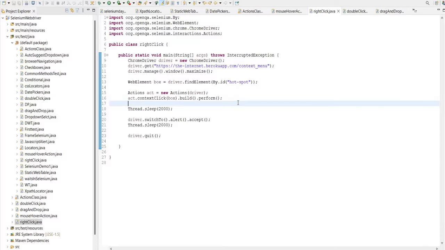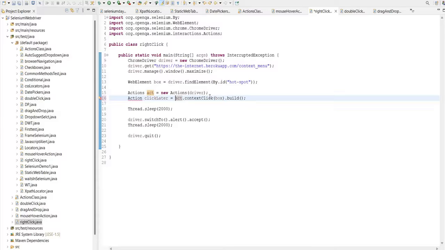But now suppose you have a series of actions. In that case, how can you handle it? You just want to build a particular action, but you want to perform it later, not immediately. You need to complete the action later. So in that case, we can call this build method first and create the action of it. Action, let's say click later,